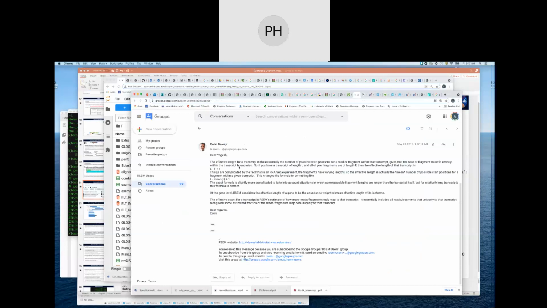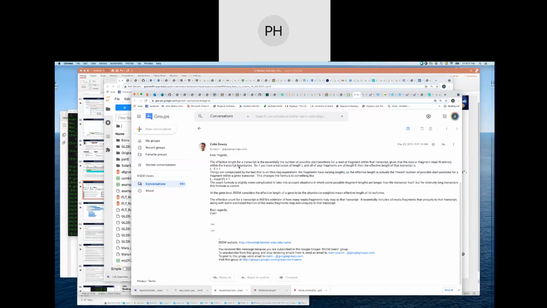So the effective length for the transcript is gonna be a relationship between the length of the transcript as well as the fragment, the size of the fragment. So when you go through and you chop up your original RNA, when you go and make your libraries, length